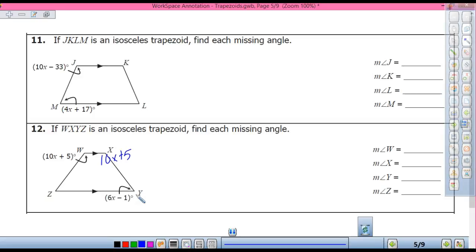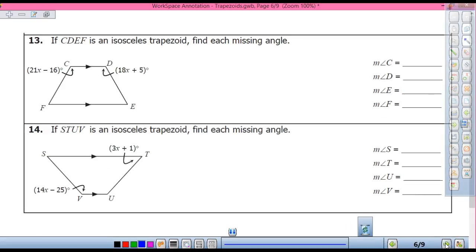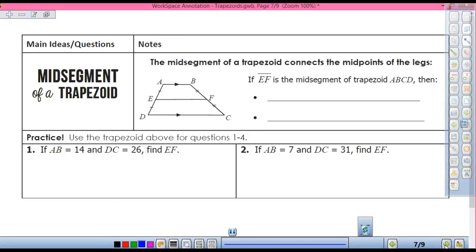Not bad, right? Alright, so let's talk about the mid-segment of the trapezoid. Okay? If EF is the mid-segment, then all three of these lines are going to be parallel. So AB is going to be parallel to EF, is going to be parallel to DC. Okay? All three of those lines are parallel. Meaning,